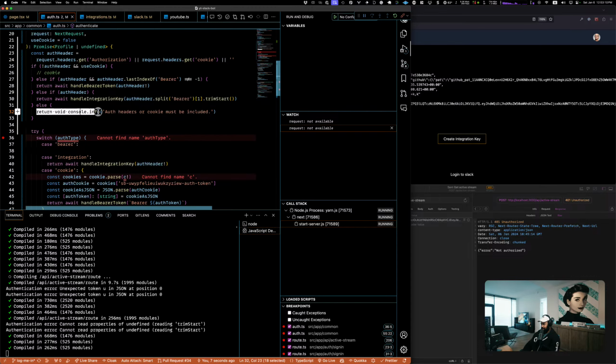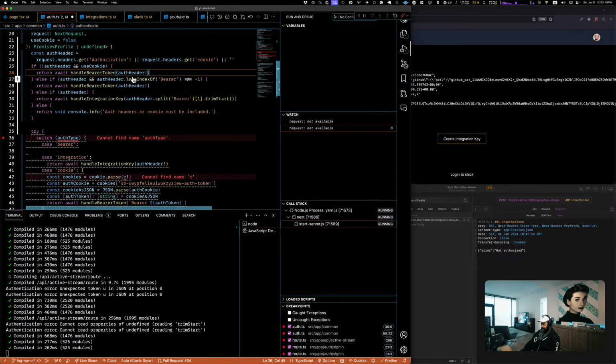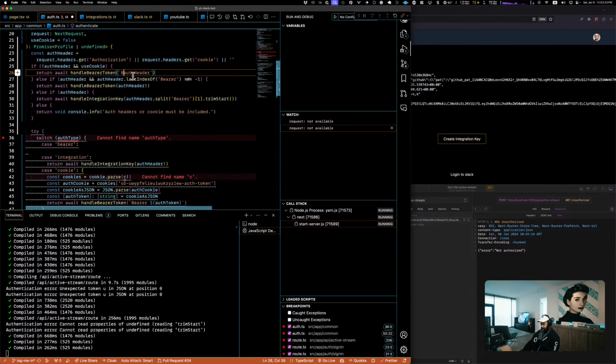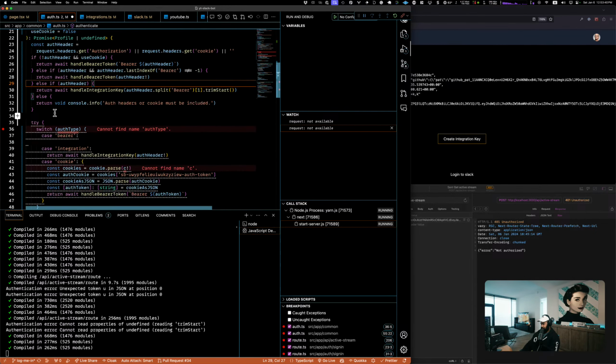Now we need to do our else, which is just an error. And then our cookie is literally the same thing here, like that. But because this is bear, I have to make it a bear. So we're gonna do this right here. We'll say bear, like so. All right, now we should be able to get rid of all of these other things.